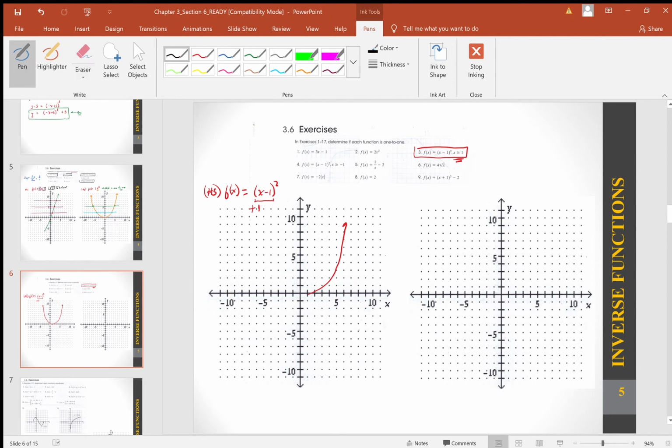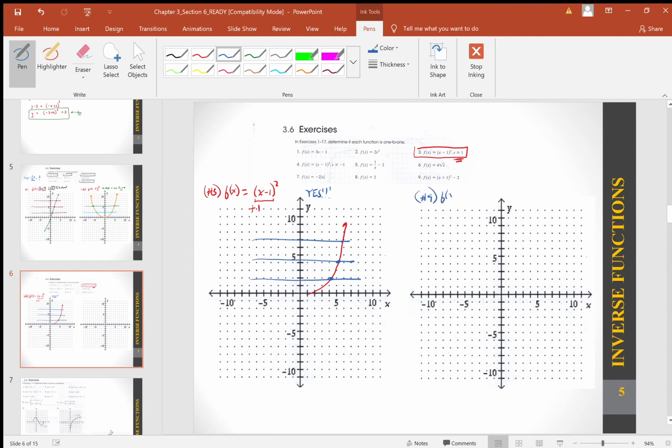Okay. Now, when you perform your horizontal test, you can see every horizontal line is crossing at only 1 point. So the answer to this one is yes. It is a one-to-one function. Okay. And then number 9,